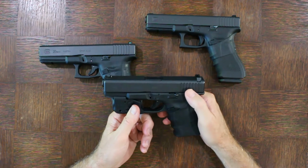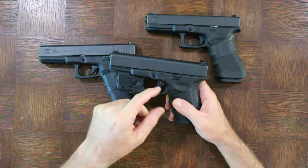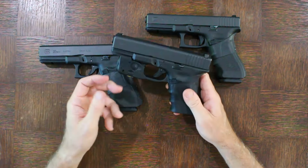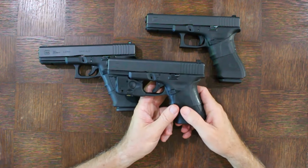And again, without a manual safety option, a lot of people are creating literally dangerous handguns with the striker fire system, because there's no other type of manual safety mechanism on a Glock. Again, if you don't mess around with these, that's fine. But the final thing I will say about this is, you also don't want to get into a situation where